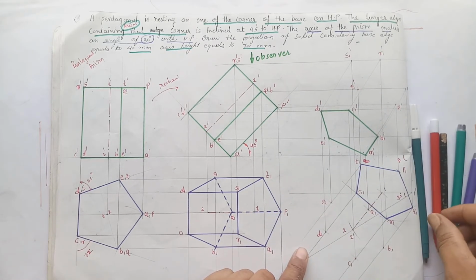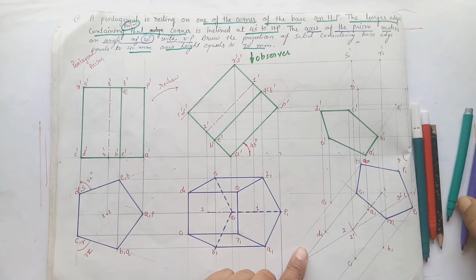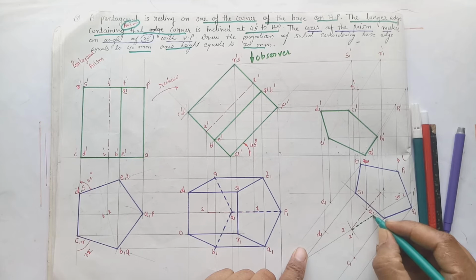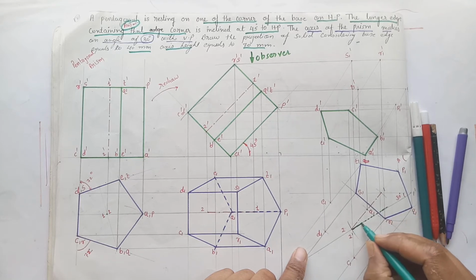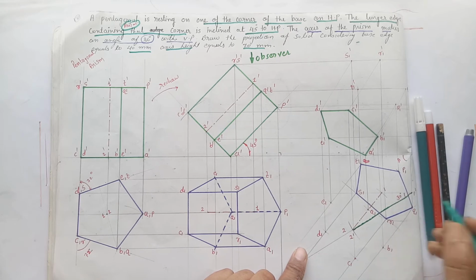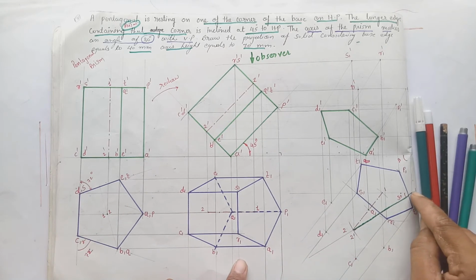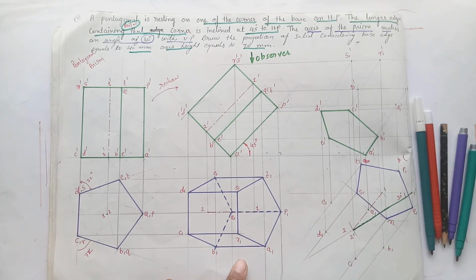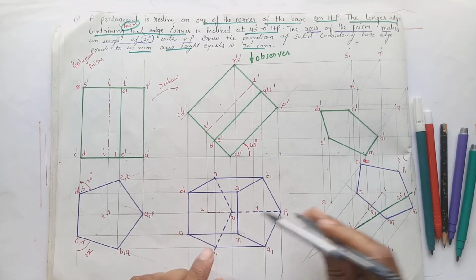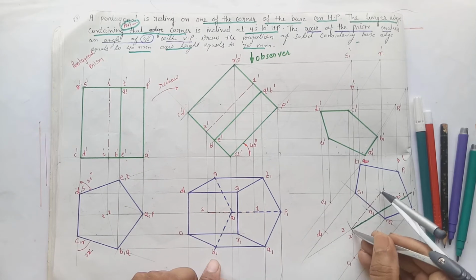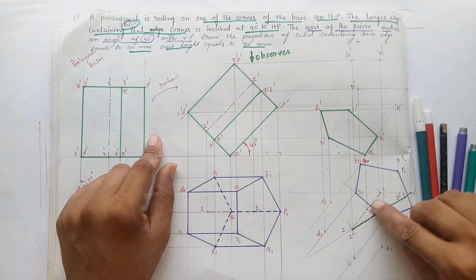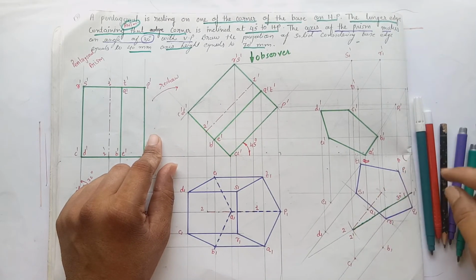You can see that we have marked 1 dash 2 dash, which are the true length of the axis at the angle of 30 degree. Now draw the locus from 1 dash, measure plan of the axis, and keep an arc from 2 dash. It will give us the plan of the axis and the angle of the plan of the axis, which is